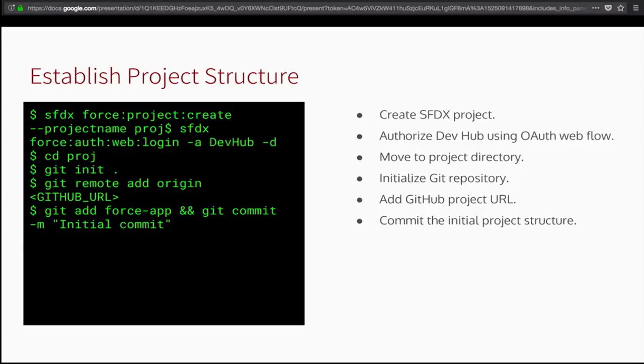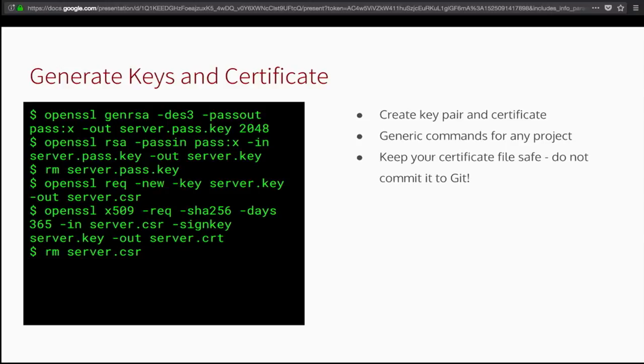If you're using GitHub, you can go ahead and add your GitHub remote here. If you're using some other VCS solution provider, you can connect up your repository appropriately. And then we're going to run this mess of commands with OpenSSL. Now, I'm not even going to pretend that I can actually explain to you the mechanics of what OpenSSL is doing here, because it's not important. This is the same for every project. This is a script you can just download and run.